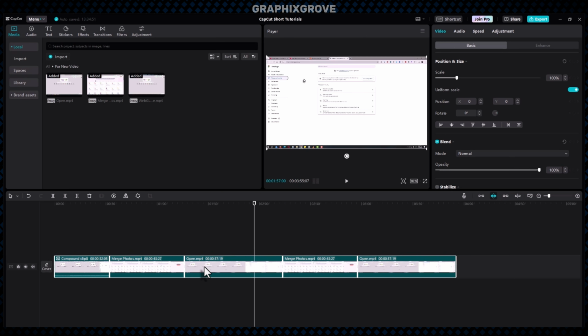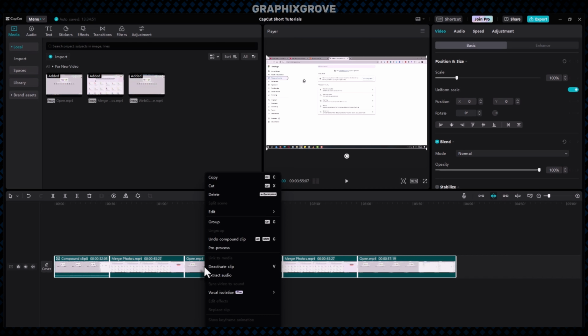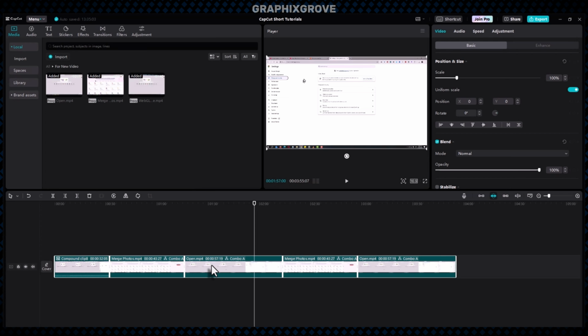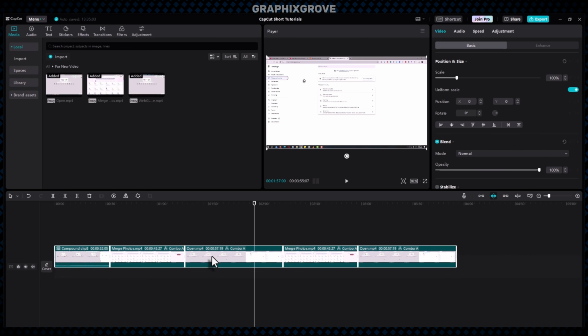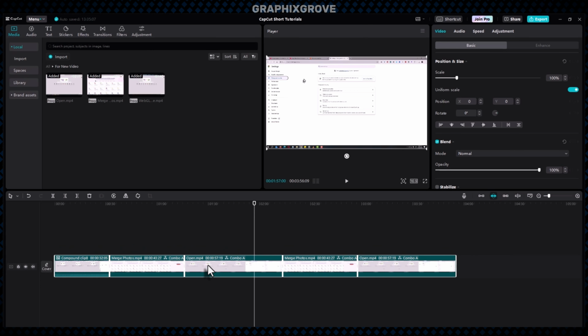If you right-click on the highlighted clips, you can scroll down to where it says Group or just press Ctrl and G. This binds the clips together so they move as one unit, but they still stay as separate files